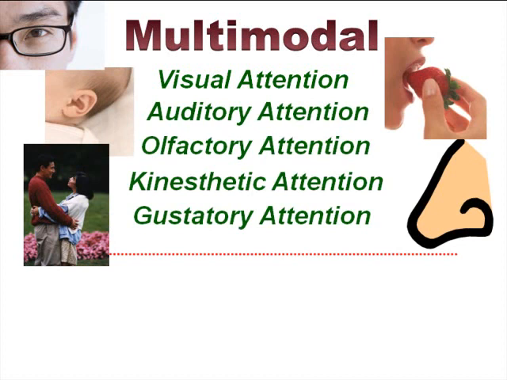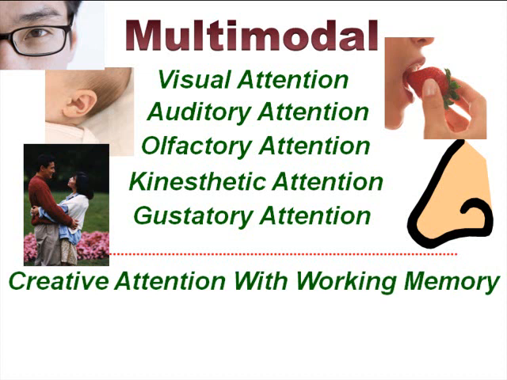Then there are 3 operational modes of attention, 3 additional methods of making practical use of attention. They are creative attention, combined with working memory. Creative attention involves pouring attention into the use of your imagination. This, in combination with your 5 sensory modes, allows you to literally recreate the sensory experience on the stage of your mind. For example, you can vividly imagine sights, sounds, smells, feelings, and tastes, using your attention to control the creative act of imagination.